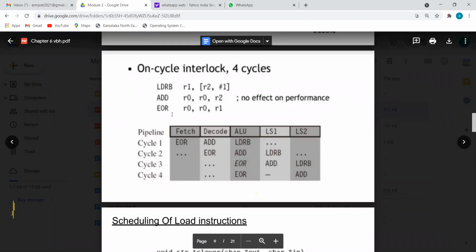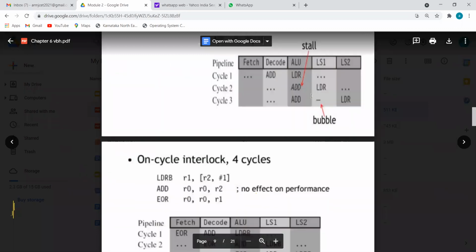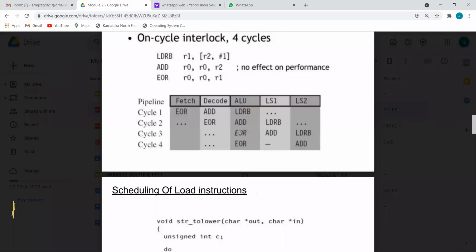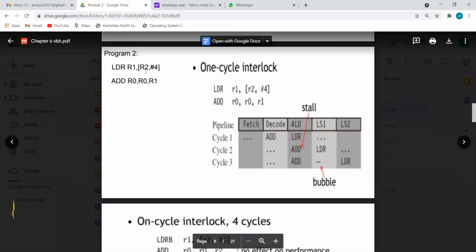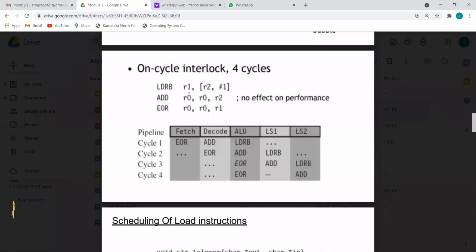Now, can we go for XOR exactly at this stage? That is not possible. Why? Because R0 is not yet ready. So I have to wait for one more cycle. If I wait one more cycle, cycle 4 will take care of execution of XOR. So a bubble occurs here. This XOR suffered with the stall. I hope this problem, or this same problem, will be there in the examination for 5 to 6 marks for oral explanation.